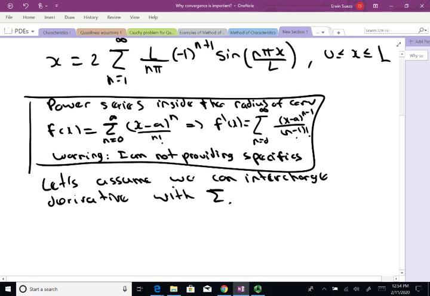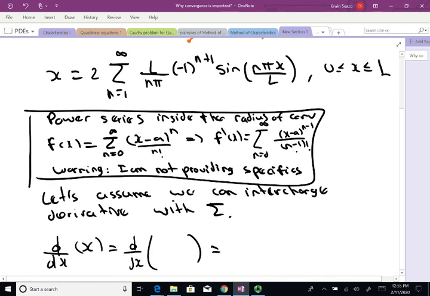So what does it mean? I'm gonna take the derivative with respect to x, both sides. So this is the derivative with respect to x, and then 2 times the derivative of this guy, the derivative of the whole thing,